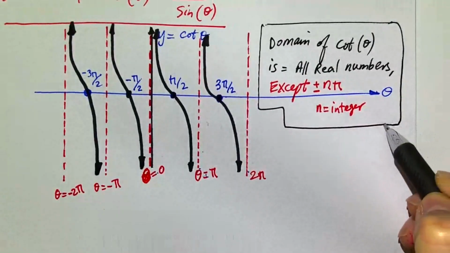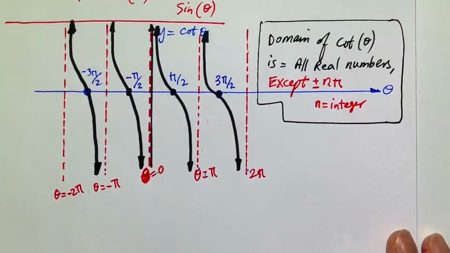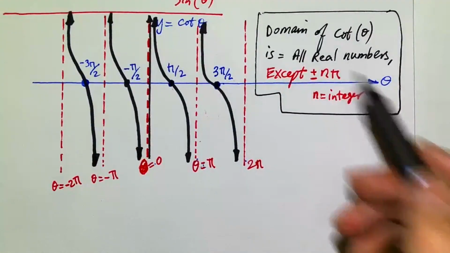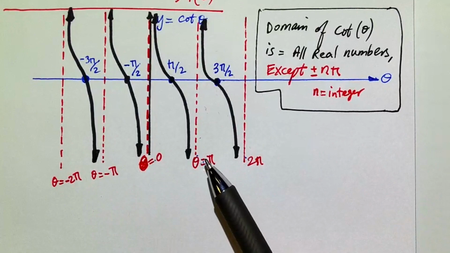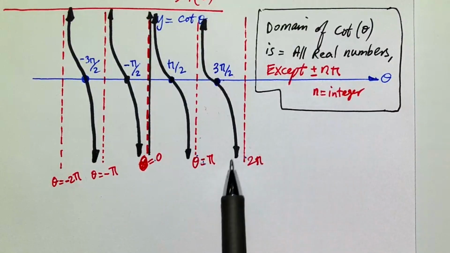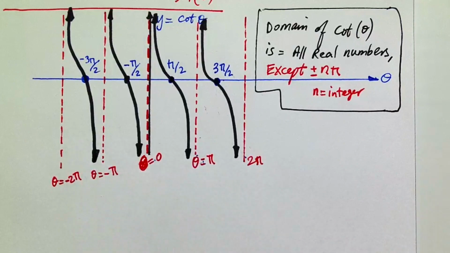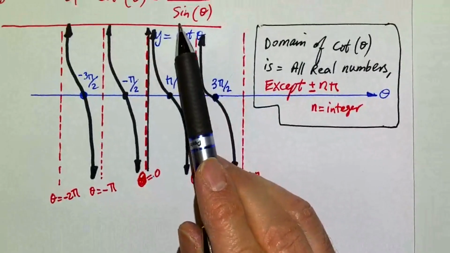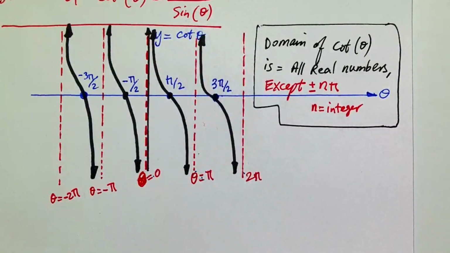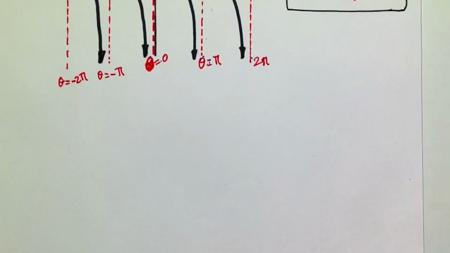So that's why I don't want to give the domains without drawing the graphs, even though I'm not terribly good at drawing these graphs, but I'd like to give the domain after I show you the graphs, because now it makes sense, right? This except n pi are all these vertical asymptotes, and we know why, because at these points this ratio will have a zero denominator, and we can't have that. Okay, so we have a couple of more domains to look at, domain of secant function and domain of cosecant function. So let's look at those.